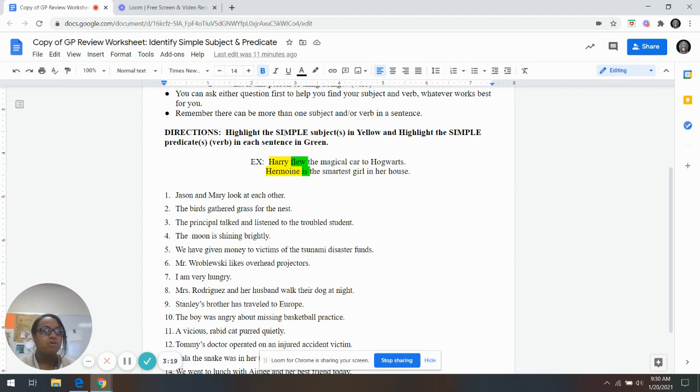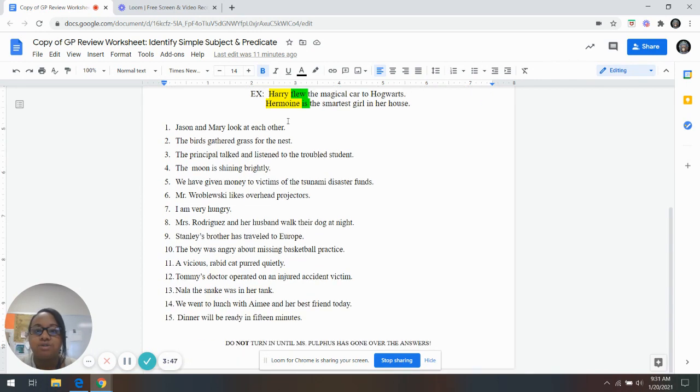So if I was talking about Count Olaf, from A Series of Unfortunate Events, I could say the tall, handsome, attractive Count Olaf walked in the woods. A verb would be walked. Who walked? Olaf walked. I don't need to know that he's tall, handsome, and attractive. He is, but I don't need to have that as my subject. My subject would just be Count Olaf. Tall, handsome, and attractive are adjectives that give me extra info that are not a part of my simple subject.